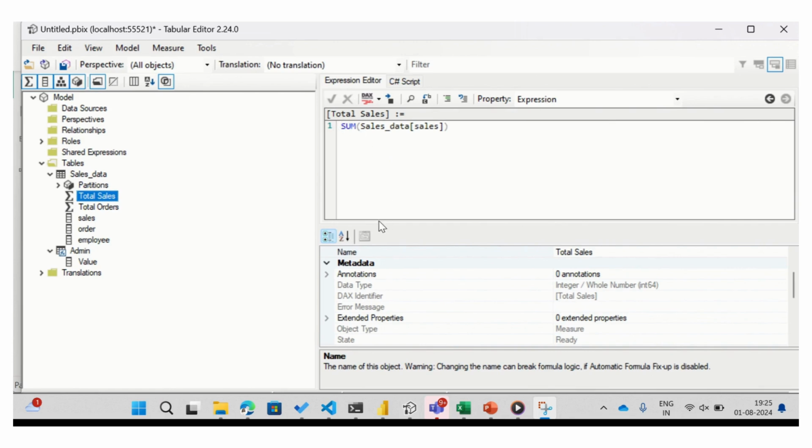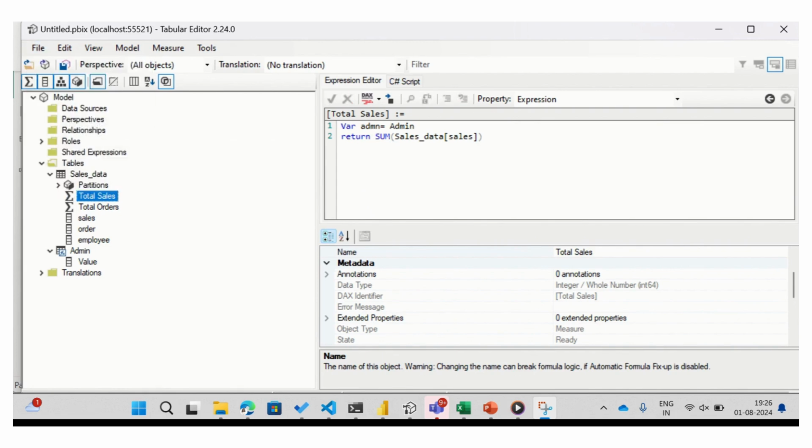So let me pass a condition in which I will create a variable, and this variable will make if this condition is true, then will return a sum of sales. So let me create a variable where variable admin equals to admin. Our admin is a table that we have created just now. If it is admin, then we'll have to return the sum of sales. Let me just save it,